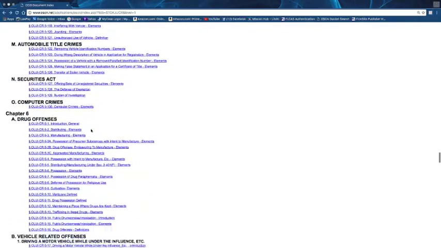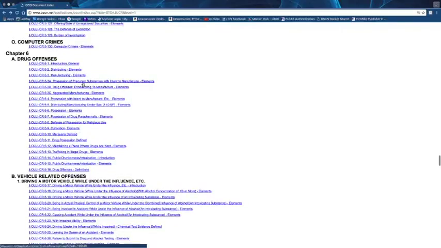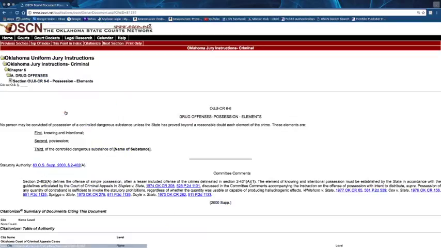Very interesting. You need to take a look in here. People ask me questions about things, and a lot of times you're watching TV and you don't know exactly what the elements are or what the state has to prove. For example, the definition of possession in Oklahoma is that you have to know, and it has to be intentional possession, and it has to be an actual substance. If you have a substance on you that isn't, maybe you bought the wrong stuff and they tricked you,